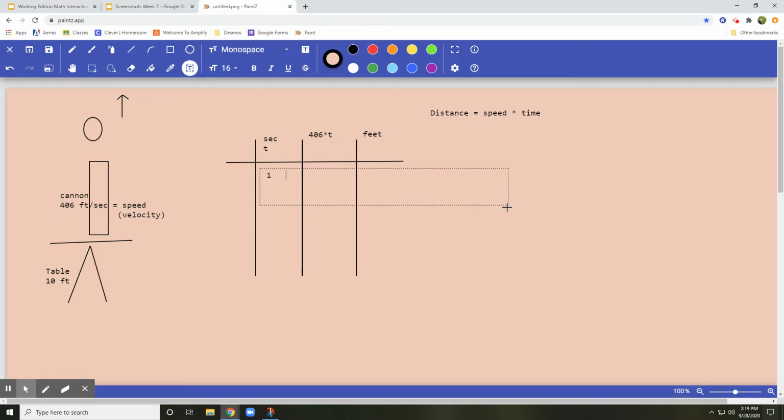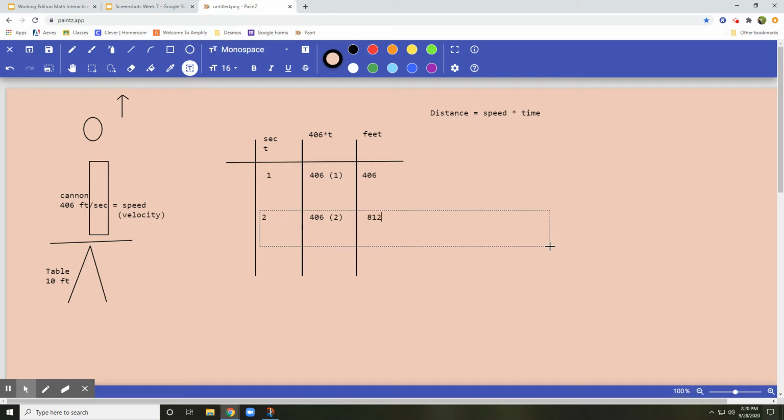So at 1 second, we're going to have 406, the speed, multiplied by 1. 406 times 1 is 406. We're going to have 2 seconds, so 406 times 2. Or we can put it in parentheses like we were doing before. I can keep it consistent. And that should be